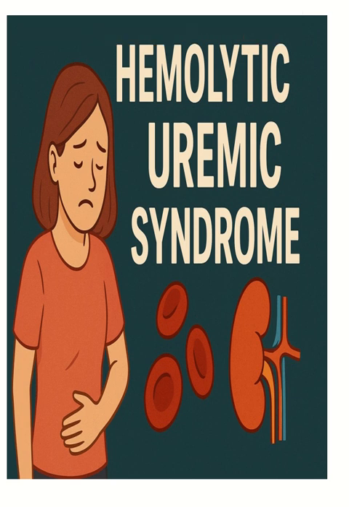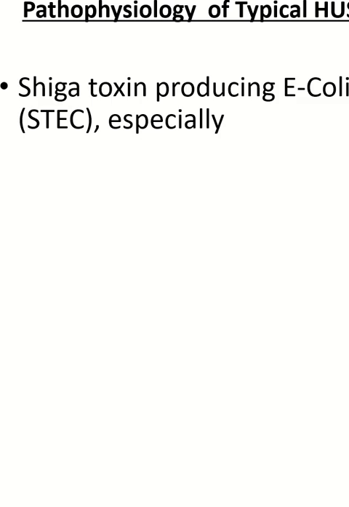In this video, we learn about hemolytic uremic syndrome or HUS. It's a life-threatening condition, especially in children, which is often triggered by foodborne infections. To understand the pathophysiology of a typical hemolytic uremic syndrome, initially there is an infection produced by Shiga toxin producing